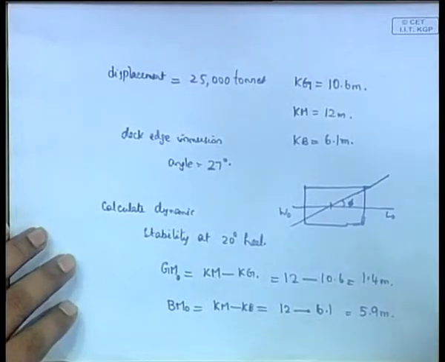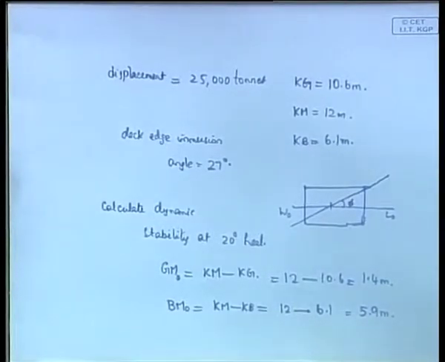So, the problem here is to find the dynamic stability. Of course, you have to know that dynamic stability is the area under the GZ curve, or rather, delta into GZ curve, where delta is the displacement of the ship. So, the area under that delta into GZ curve is what is known as the dynamical stability. That means first of all you have to get your GZ curve, and only then can you do your dynamical stability. In this problem even your GZ curve is not given, so you have to calculate it; that is the only additional thing in this.